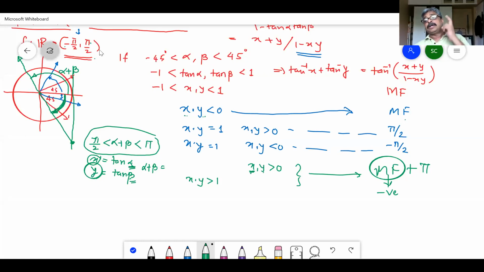That is because of the trimmed domain to make them one-one and onto. That is the price we are paying. This answer that you will get out of inverse of tan is negative, but we are aware that this is not a negative answer, it is a positive answer. It is the summation of two positive angles and it has to be positive, therefore we take it to plus pi. Have you understood?